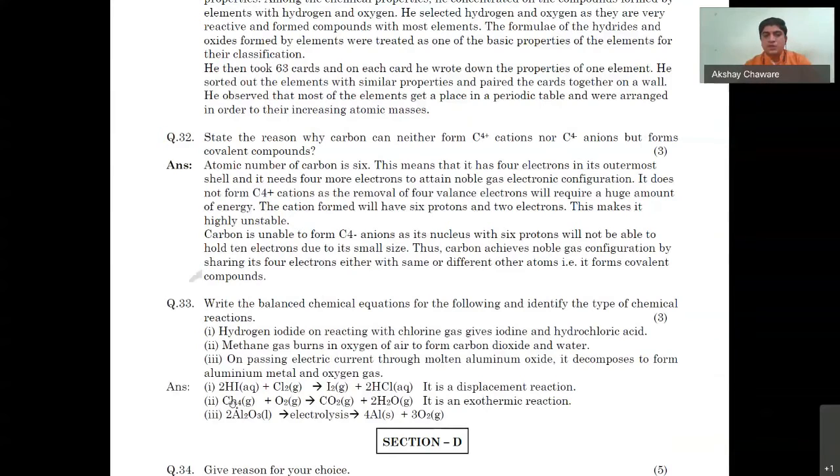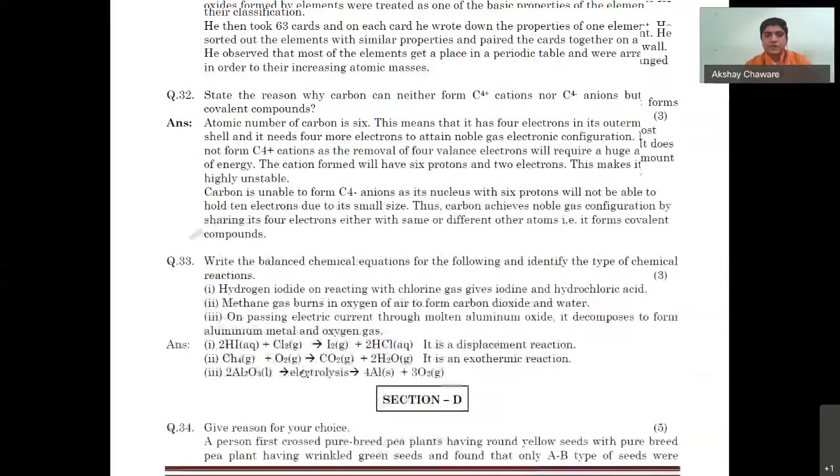CH4, that is methane, here H should be capital. Here is a printing mistake, H4. Okay, H should be capital, H for hydrogen. O2, CO2 and twice H2. And the type of reaction also you have to mention. And twice Al2O3, again the molecular formula of aluminum oxide is incorrectly written there.